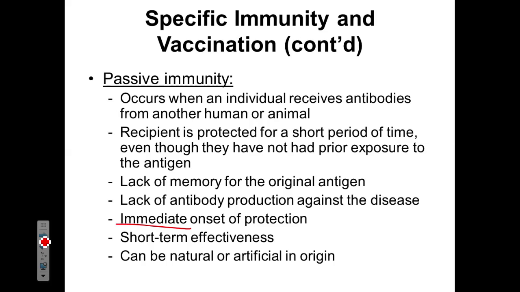It's very effective in the short term, and we can have either natural or artificial origins, so we can harvest these antibodies from the organisms as a whole, or we can trigger the production in a lab and purify them in a lab setting, an artificial setting. The main benefit of passive immunity is going to be antivenom applications, or if a woman has a negative blood type and we want to make sure that she doesn't destroy or kill her positive blood type child while the child is in utero.